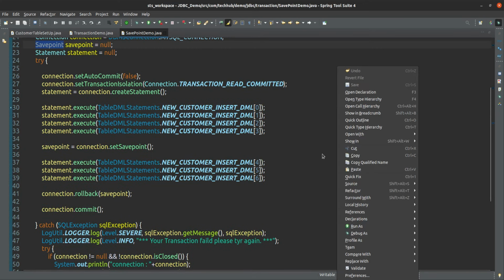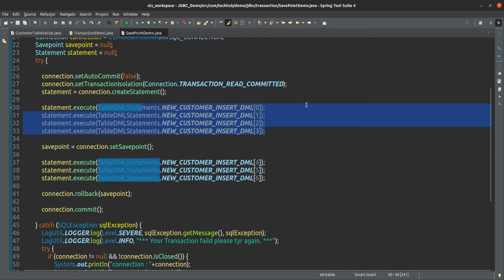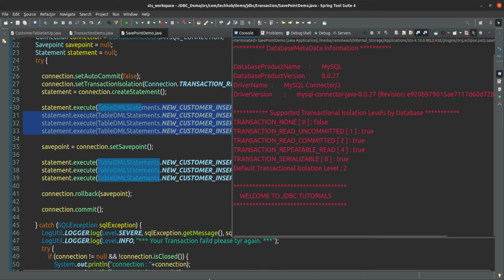So now how many records will be there? 4 plus 2, 6 will be there, not 9, because these 3 I have rolled back. They will not be there. Only these 4 will be there. So if I run this one, you will see. Yes.